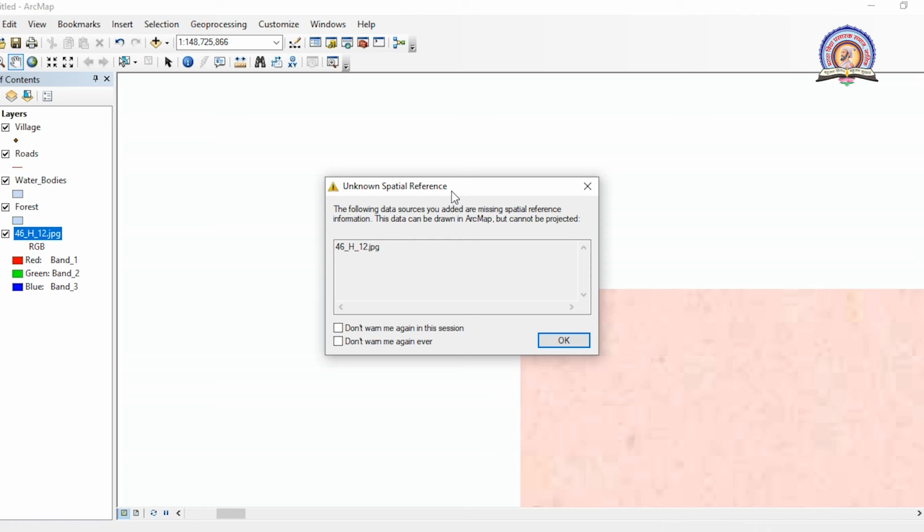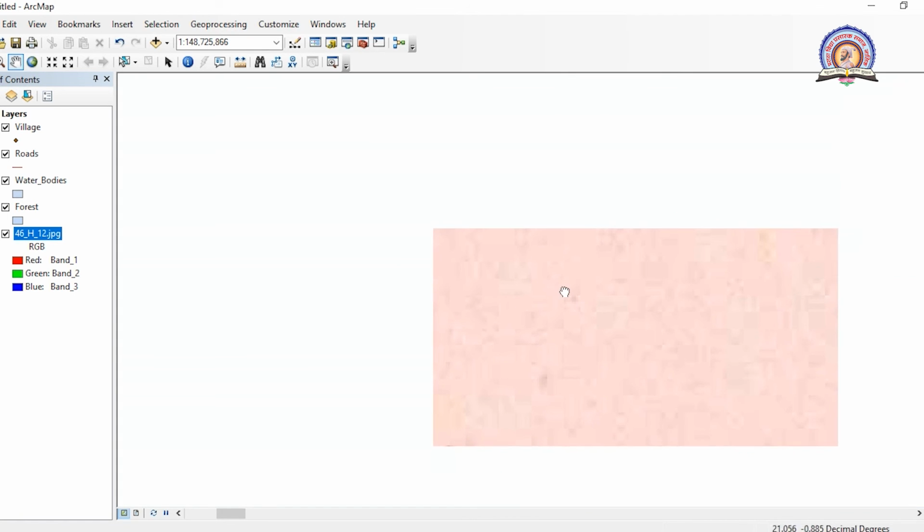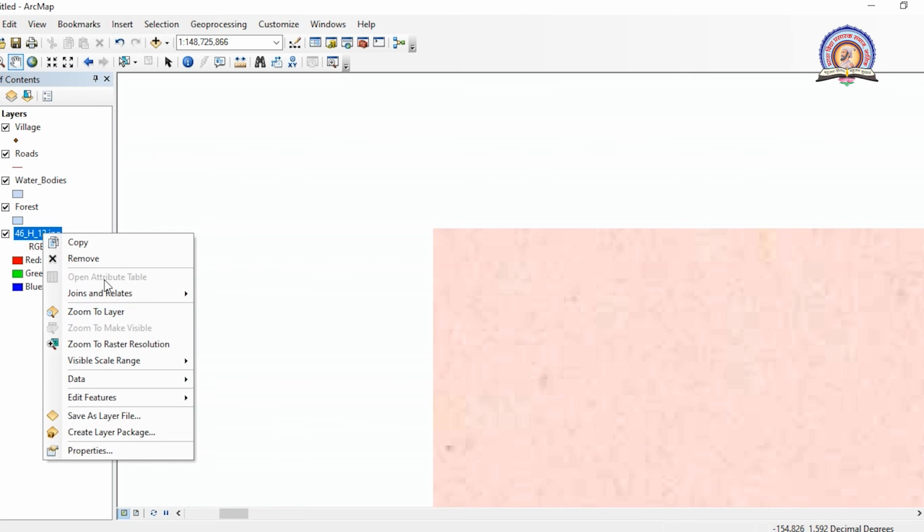Unknown spatial reference means that this map does not have coordinates, or it is a plain map, and it has to be georeferenced before it is uploaded or used for making your maps or creating layers. So it is very important for you to project or georeference the map. We will be discussing how to georeference in our next session.